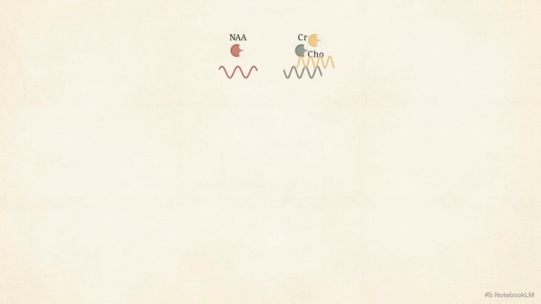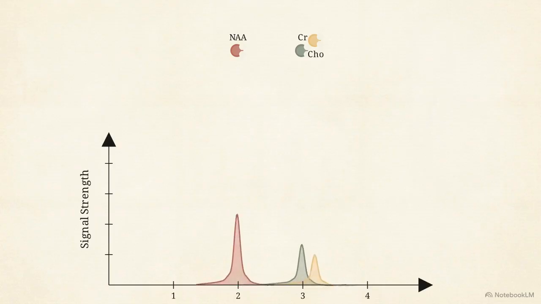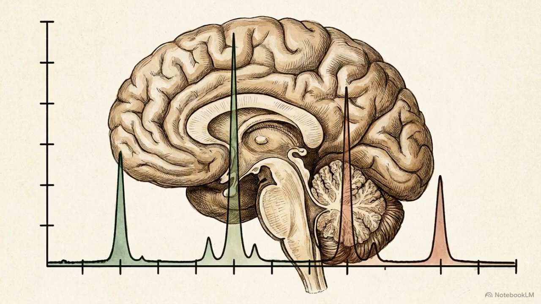This chart measures microscopic shifts, collapsing the waves and plotting them horizontally in parts per million, or ppm. The vertical axis measures peak amplitude, indicating exact signal strength. A higher signal strength mathematically equals a higher concentration of that specific metabolite in the tissue. By charting these frequency shifts against signal strength, we extract a precise spectral signature that reveals the exact chemical makeup